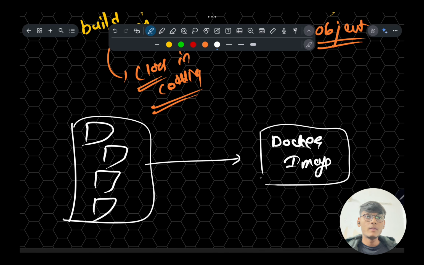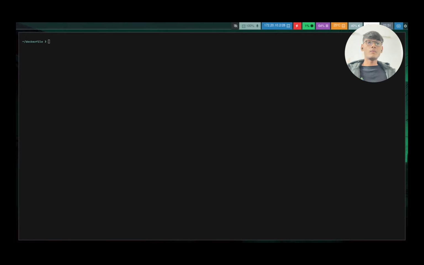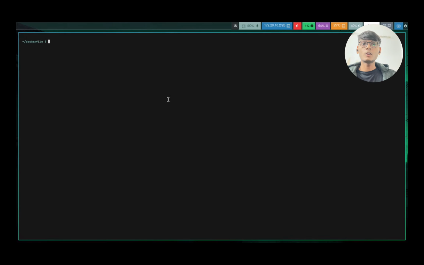In the demo, we will be checking how exactly this happens in Docker. I will clear it and check the Docker version.